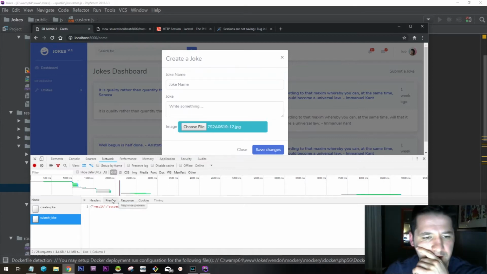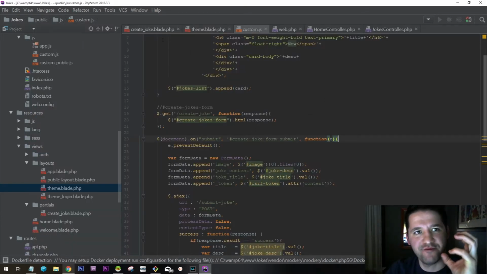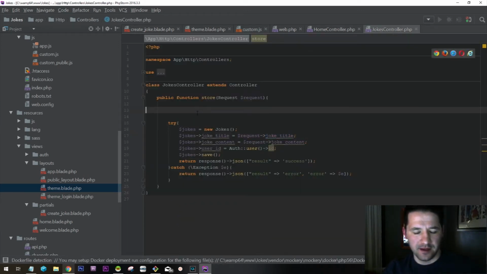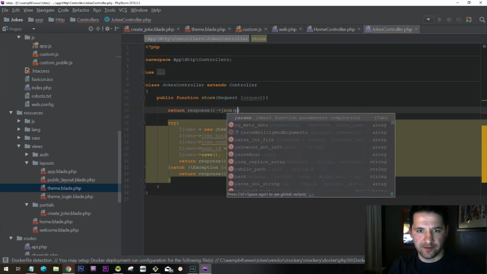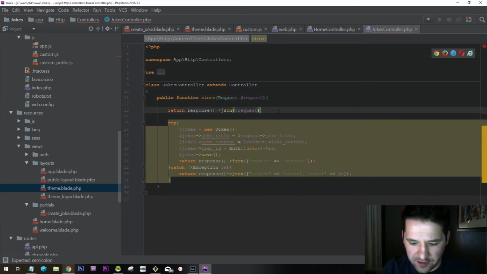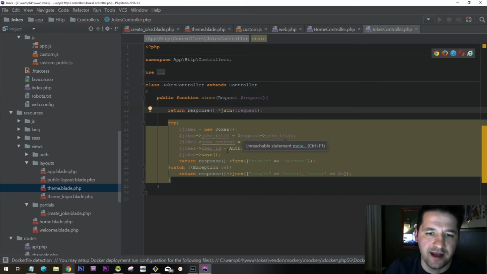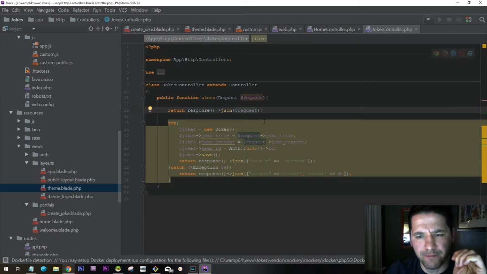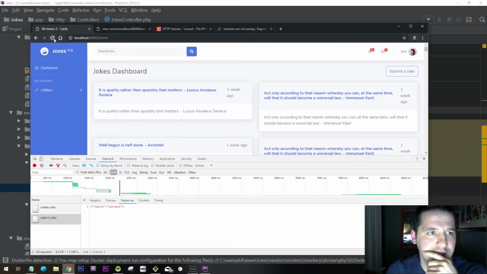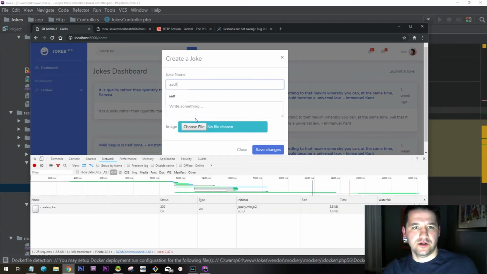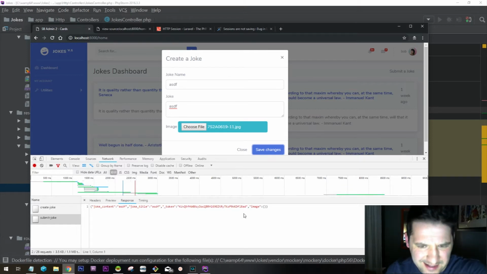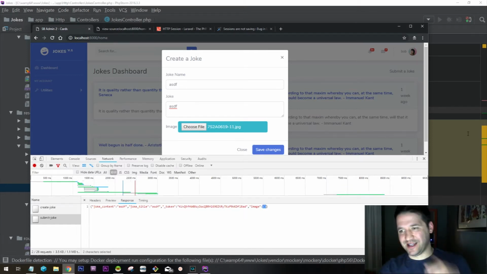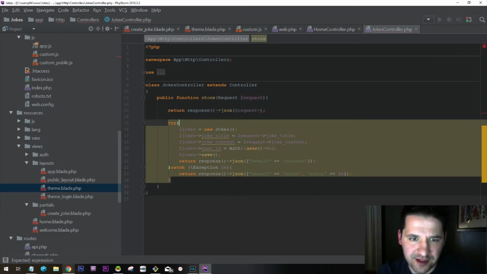So it looks like it stored it, but really what we're looking for now is to open up that file itself. So I think we can identify it here. What I want to do now is return response, and I'll say JSON, and I'm going to return the entire request back to me so that I could figure out where that file is, which, since it's a binary, I technically already kind of know, but I want to show you what it looks like. I probably didn't need to refresh. So here I'll just create this really fast and hit go, and the response will be like this. Image is empty. And that's most likely because it's just a full request. So we just converted it to